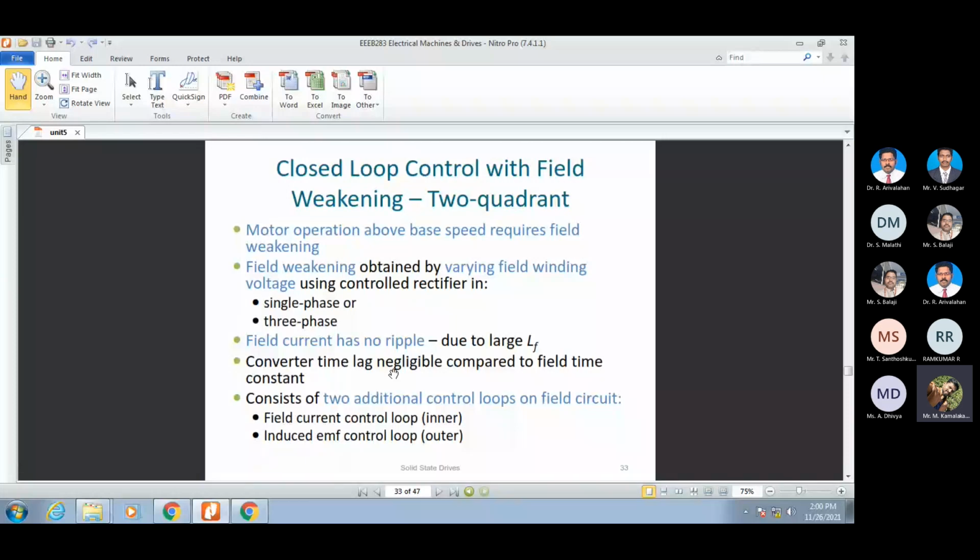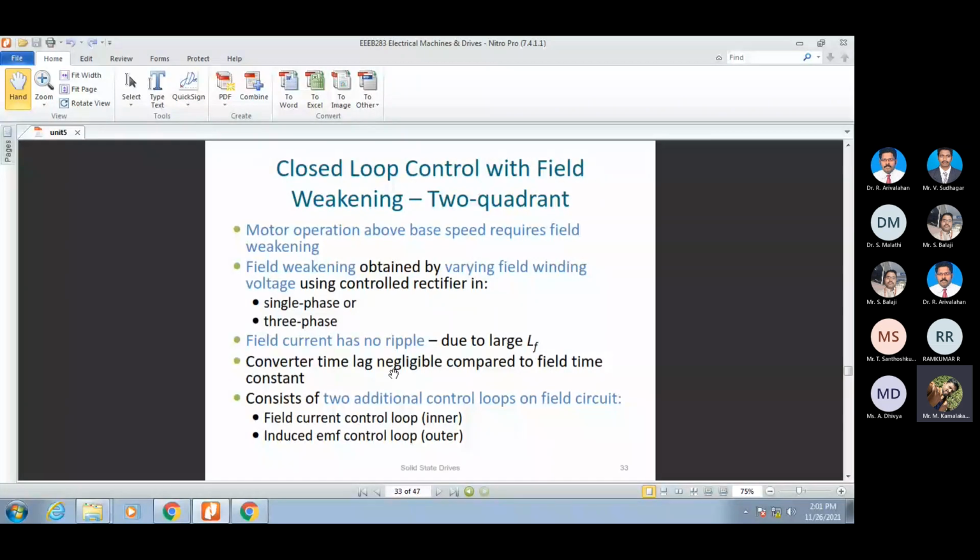So here, what are all the loops? We have clearly seen that for the armature voltage control, we have three loops. One is the innermost current loop, the outer speed loop, and the outermost position loop. The position loop we have neglected, and we concentrated only on the innermost current loop and the outer speed loop. That is for the armature. Now, for the field control,